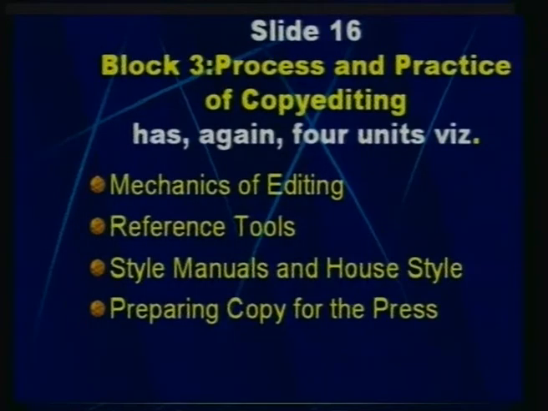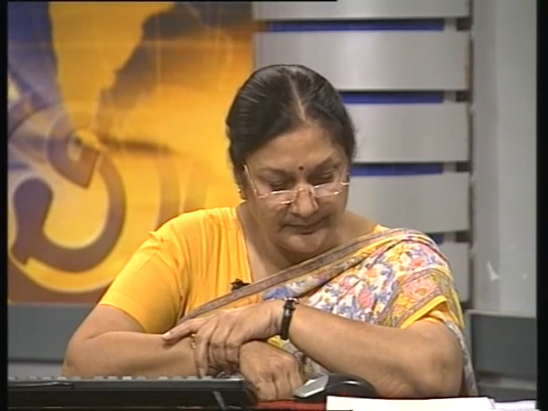Now, let us go on to unit 11, which is style manuals and house style. A style manual is a book which gives detailed instructions about spellings, about placement, about margins and so on, which a particular publishing house has to conform to. And sometimes there are style manuals which you can get, the Chicago Manual of Style or the MLA style sheet, which has done this all for you, so you do not have to reinvent the wheel.